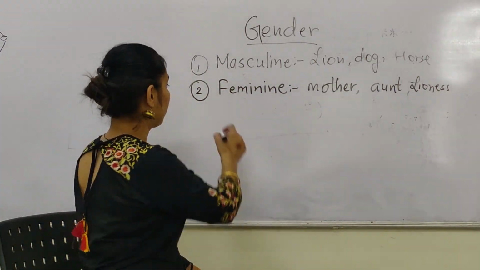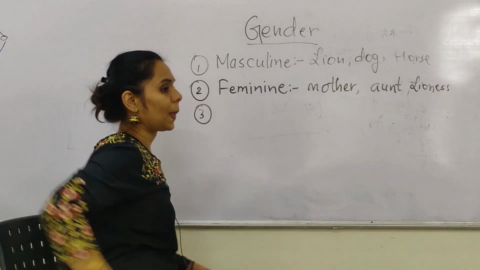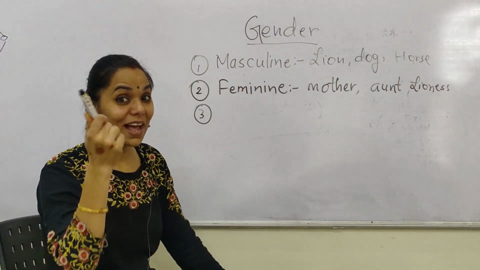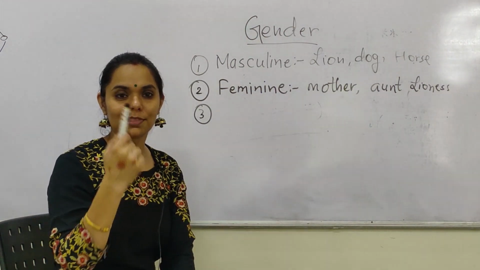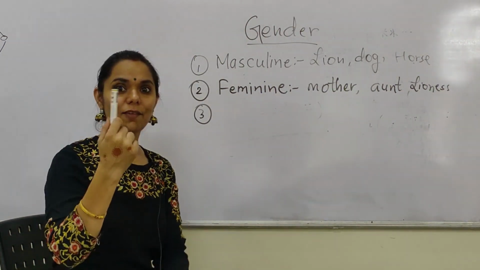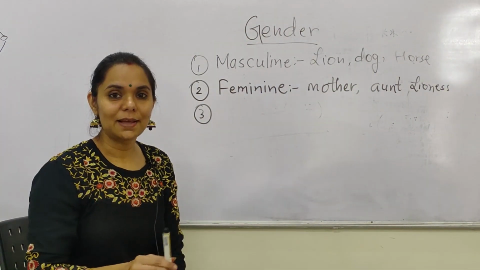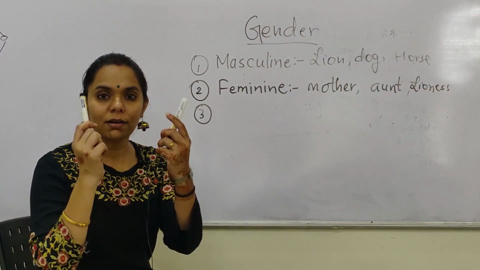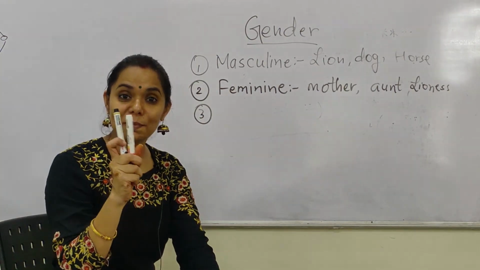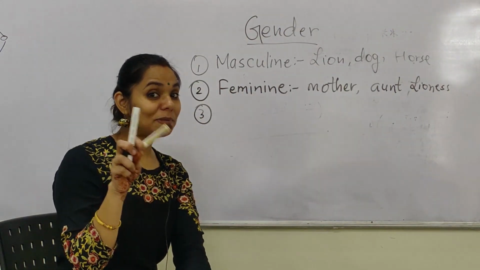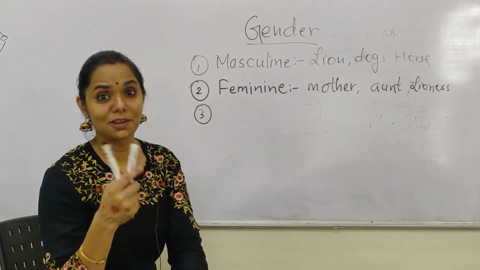Then comes the next gender. What is this? You will ask them again and they will tell you, this is male, some of them. Then again you will ask, is it male? And they will tell you, no, it is female. Tell them, if there is a family of markers, who will be the father? Nobody. Who will be the mother? Nobody. Who will be the daughter? Nobody. Who will be the son? Nobody.